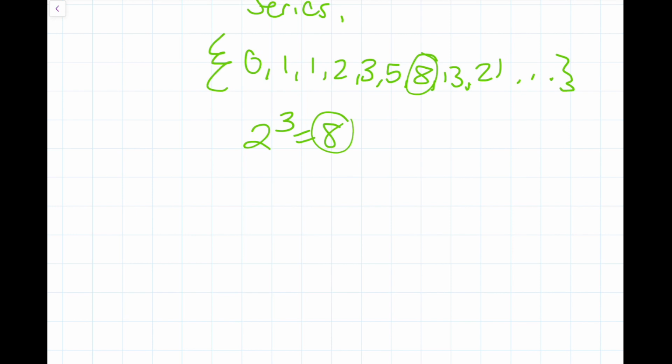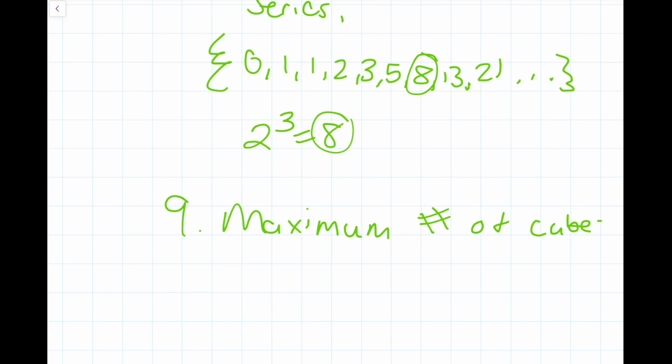So the last one we're going to be doing is 9. 9 is the maximum number of cubes to sum up any number. Take, for example, let's just take 9. So 9 is equal to